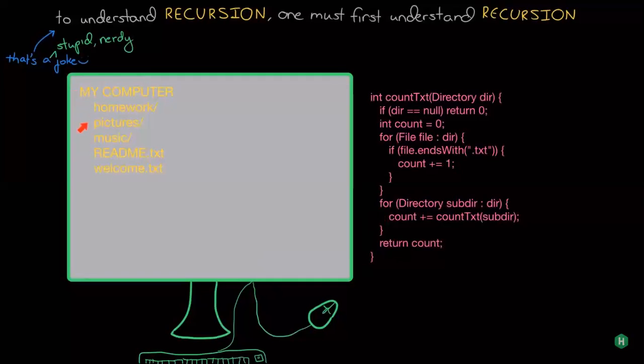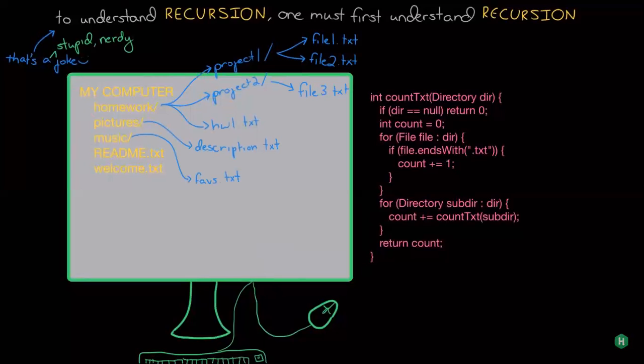need to go ask homework, pictures, and music. So first we go ask homework, and we say, homework, how many files do you have? And that's what's called recursing. And homework says, well, let's see. I have 1 txt file, but let me go check with project 1 and project 2. So we go to project 1 and we do the same thing. And eventually, if we do this enough times, we'll go through all of our folders and all of their subfolders and so on until we get through all of the files and get our final answer, which in this case is 8. So recursion is just a way of taking a problem and breaking it down into subproblems.